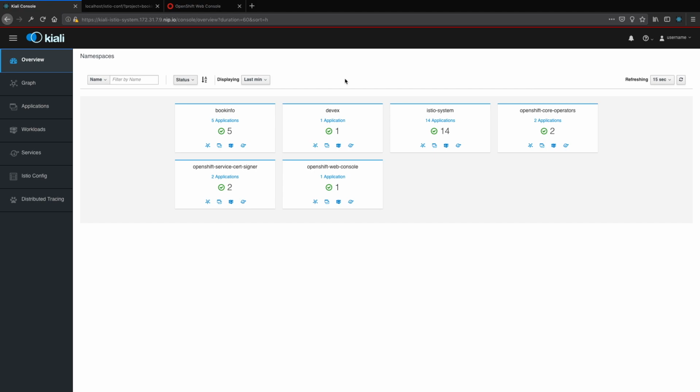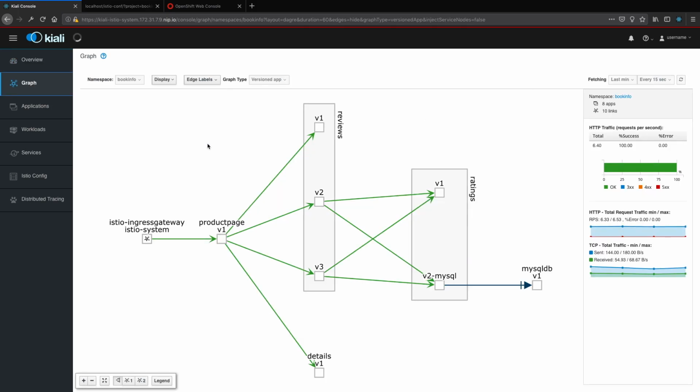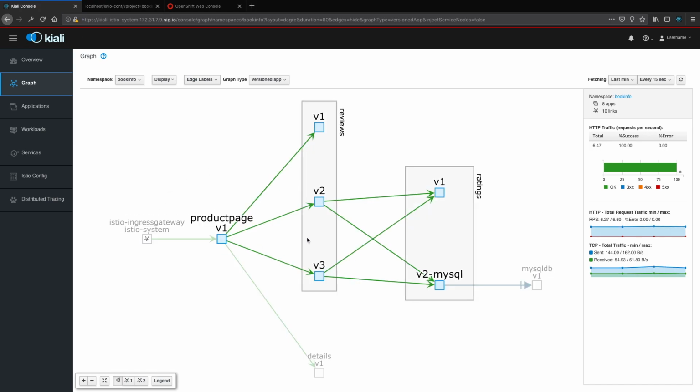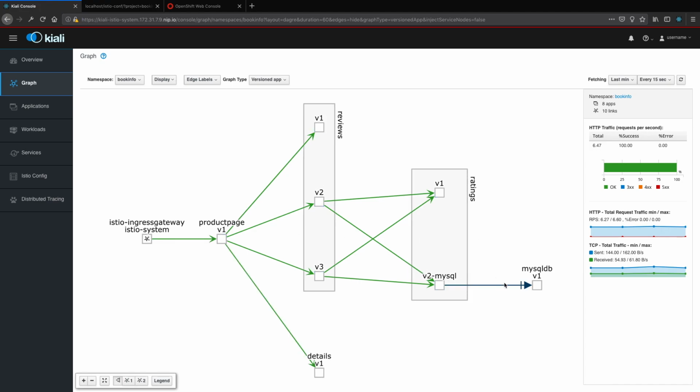In this demo, I want to show you how Kiali reacts to different issues when the system is not how it's supposed to be. Here in the overview page, you see everything is green, healthy, that's good. And when we go to the graph, for example, for the bookinfo, we can see the almost standard setup. Istio ingress gateway is getting traffic, going to product page v1, then to the reviews, ratings, and here I